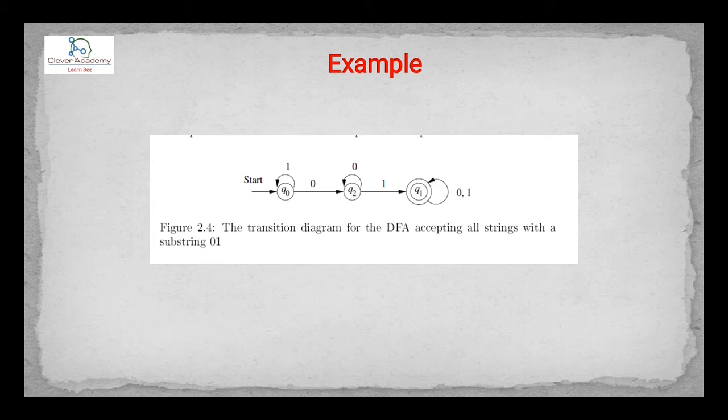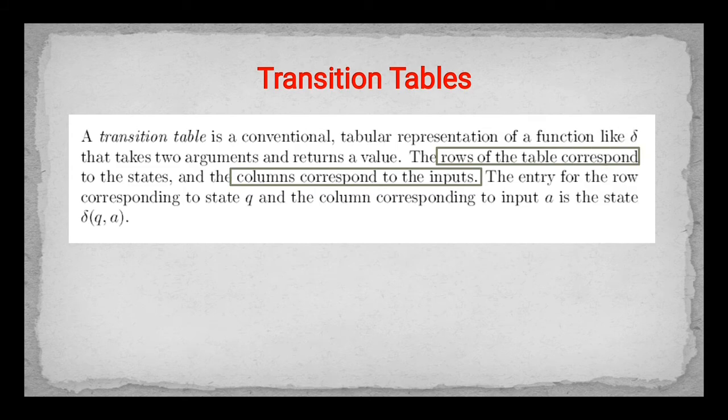It may be Q1, so the order may be whatever it may be. It may be Q0, Q1, Q2 or Q0, Q3, Q1, like that. Order అనేది ఇంపార్టెంటే కాదు. You may give any order, you may represent the number of states in any other way, but you need to satisfy the transition function. That's it. And coming to the transition table, for the transition diagram we have gone through, we are going to draw the table.